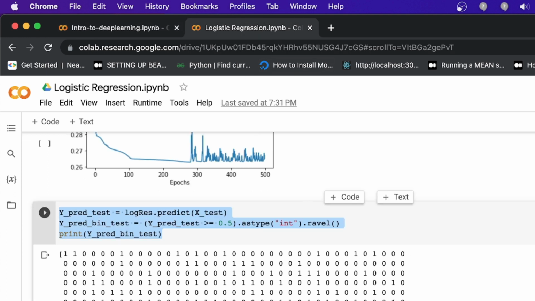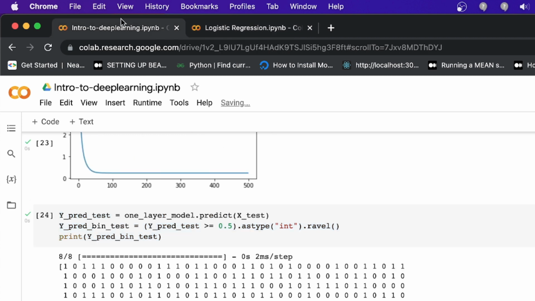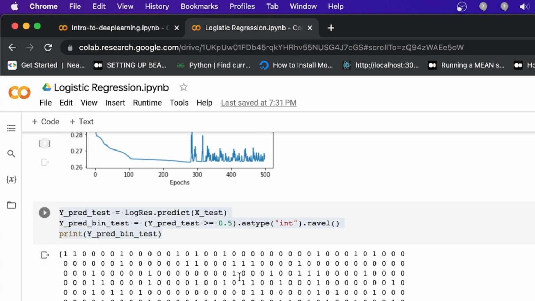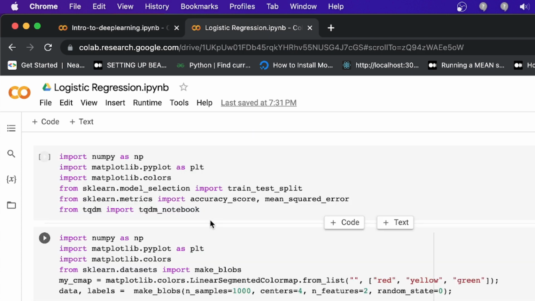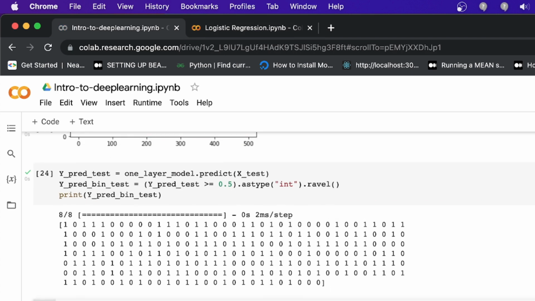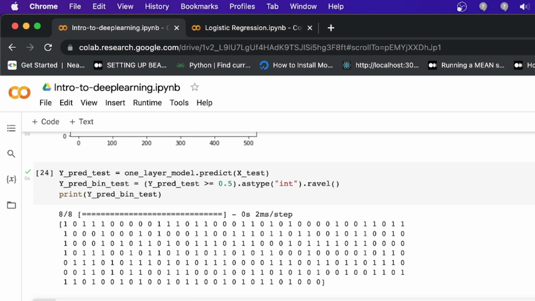I guess the accuracy function is also ready. So this is your accuracy. But the problem is we have to import this accuracy model before running this accuracy function. So let me check this. Where is the accuracy? Run this accuracy function, and this is y test. This is y pred.